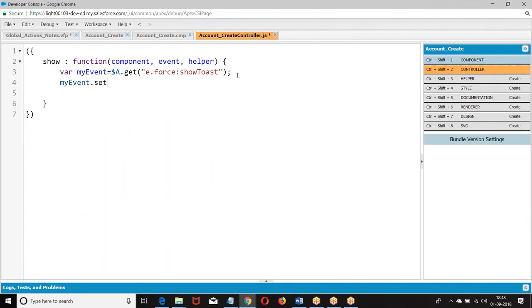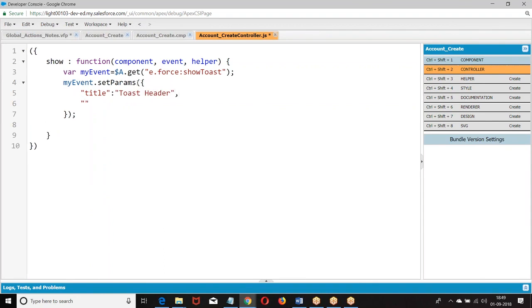My event dot, the parameters should be passed like a key value pair. Then we are supposed to find.